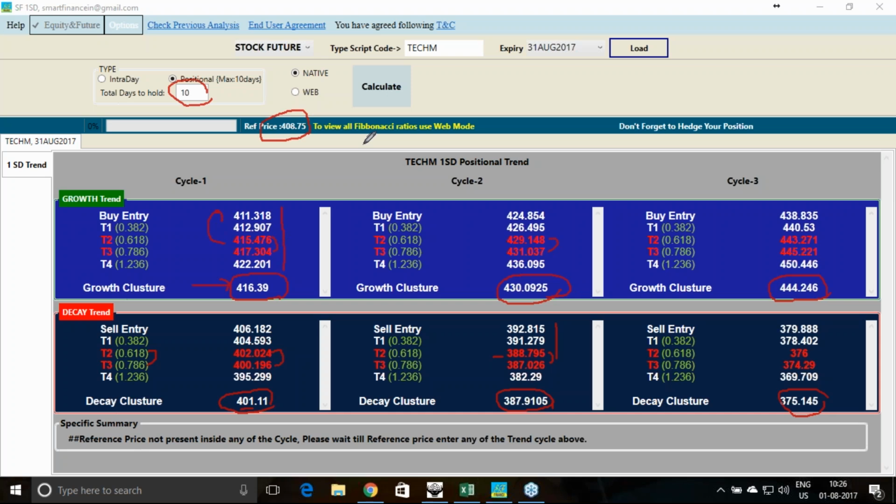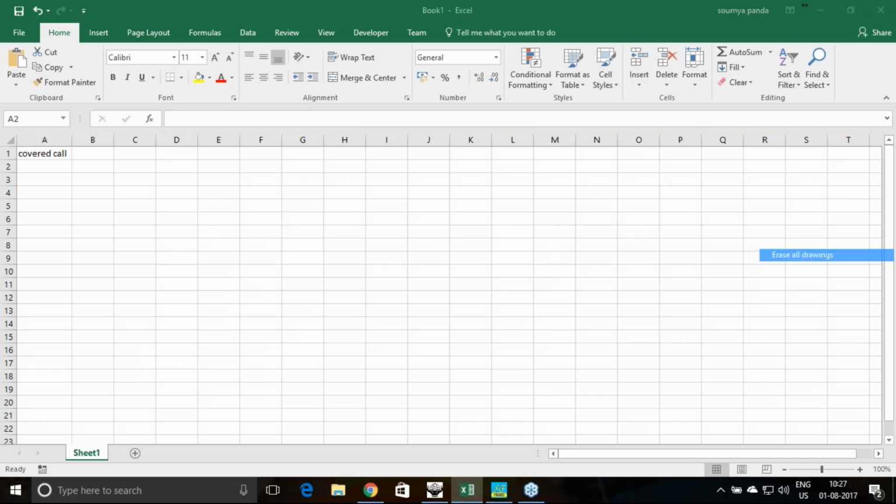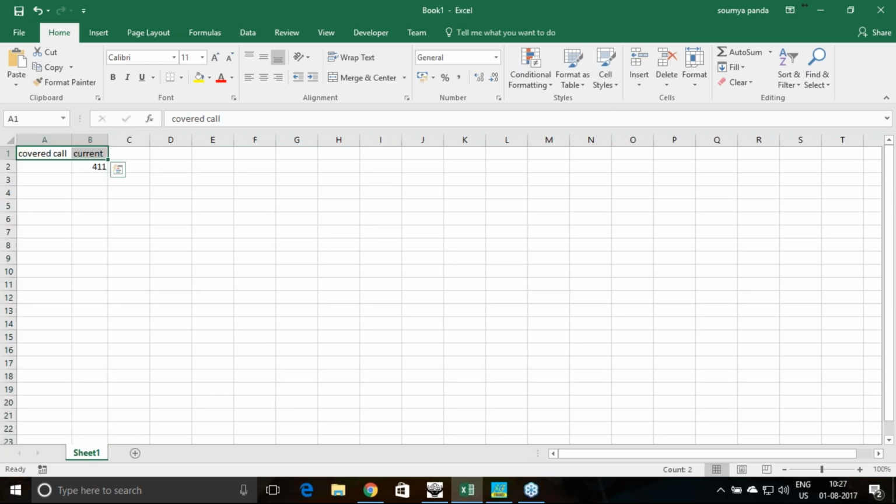The buy entry is placed at 411, and 406.18 will be the sell entry. So I have to wait for the trend to break out. Once it gives me a breakout above 411, my strategy will be like this. Once I get the uptrend breakout above 411, with the current price at 409 now, and it has gone up to 416.7,